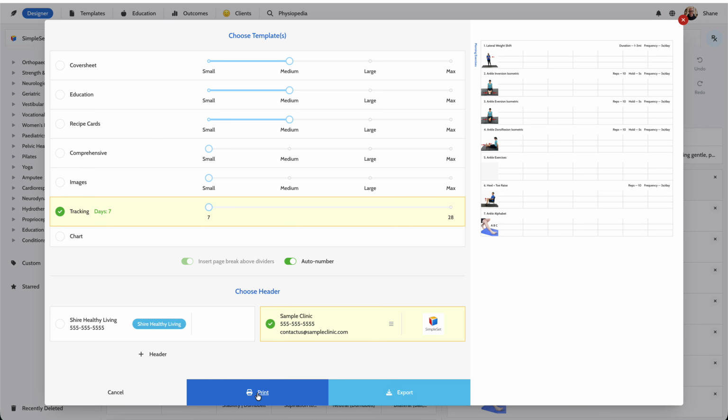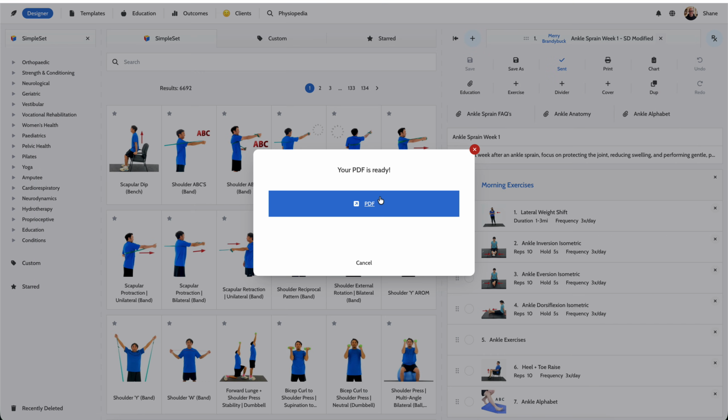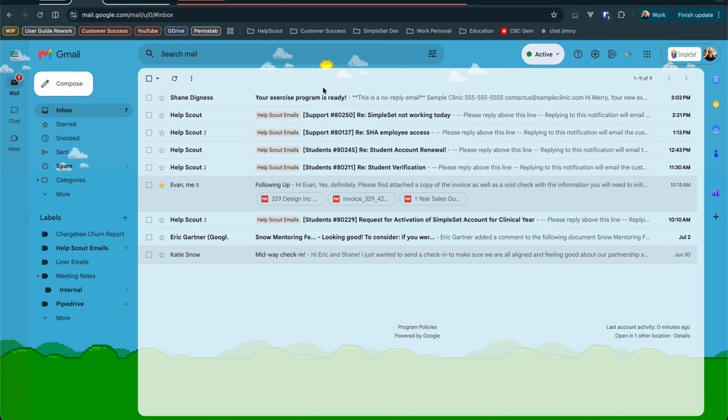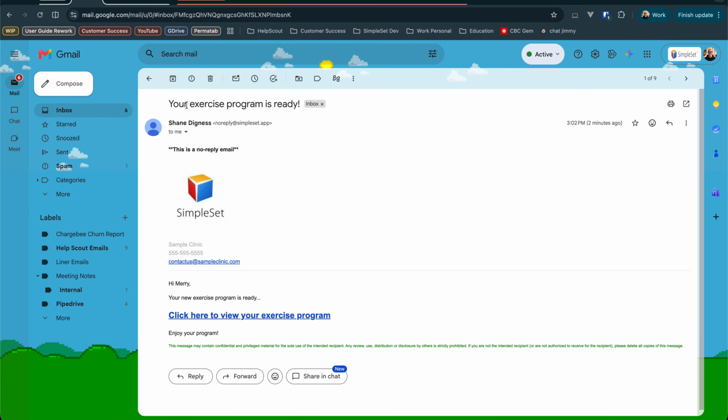So from there, if I click print, of course a print dialog comes up and I can choose to send it out, or if I click export, then it's going to export to PDF. If I click this, it's going to save to my local machine, and I can then go access that. But with that in mind, what I wanted to show you is the email that came in. So we see your exercise program is ready. We see